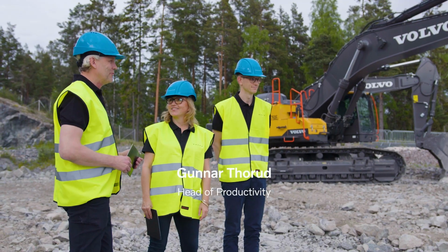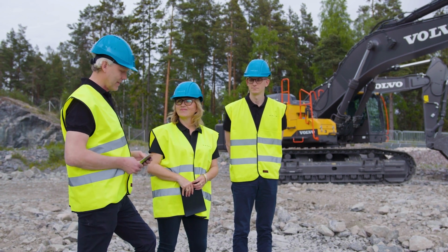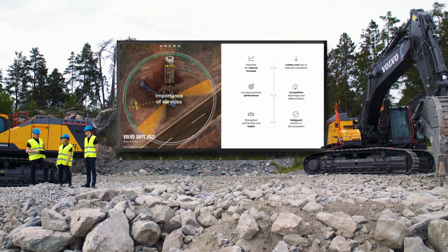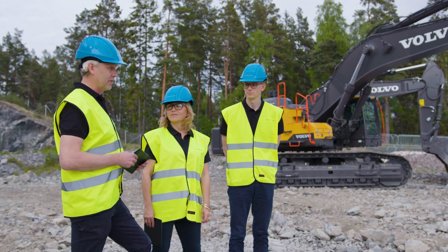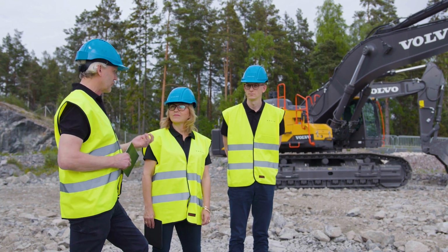Volvo Site Solution is probably the most important tool that we have in Volvo these days. It's about increasing our revenue, lowering our costs, but it's also related to increased performance and making a competitive advantage, not only for us in Volvo, but also for our customers. And then it will also be an important tool in safeguarding the ecosystem. We know that the customer systems are broadening, and of course the partnership in that relation is super important for us. So in general, I think we can summarize that as Industry 4.0, and it's our answer to that